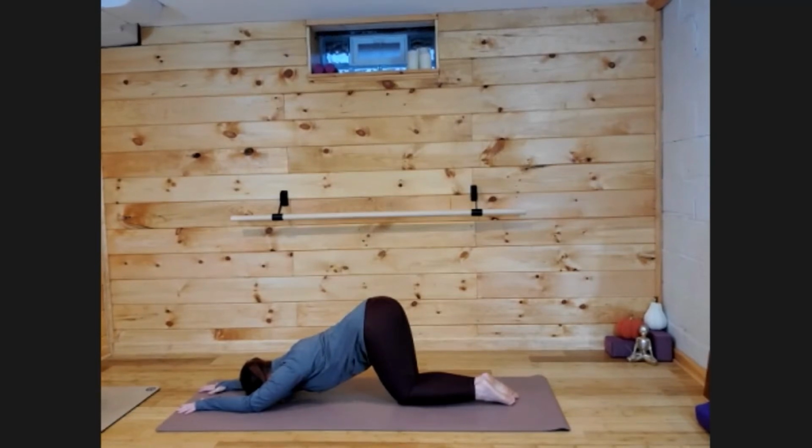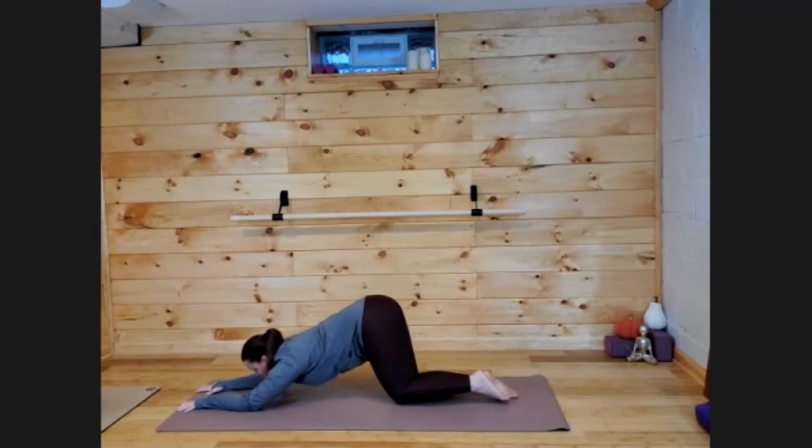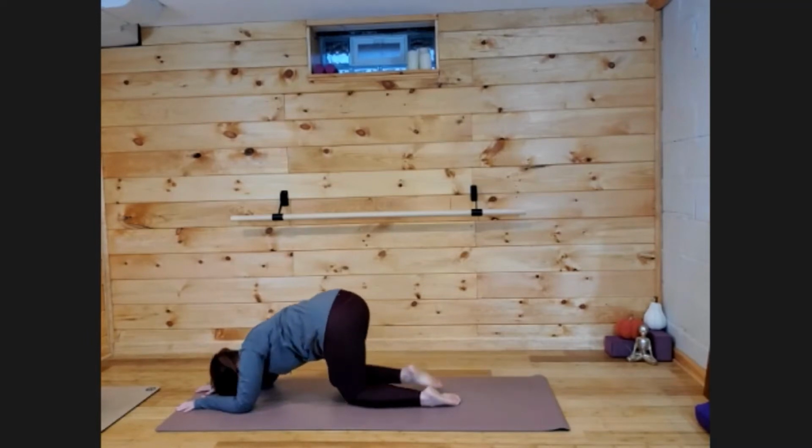Feels really good. I like to keep my chin tucked here, but if you have a little bit more space, you might bring the chin down to the mat and arch the back a little bit more. For me, that shape doesn't really appeal to me. I like to keep my forehead on the mat. Beautiful. Using your hands on the mat, you're going to look forward, start to walk those knees back in underneath